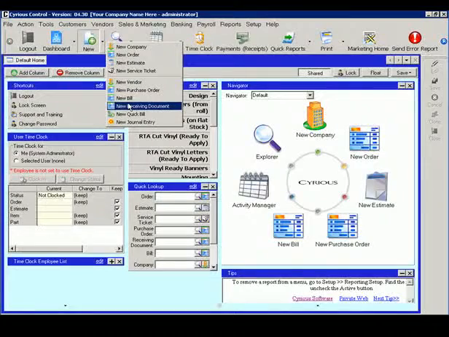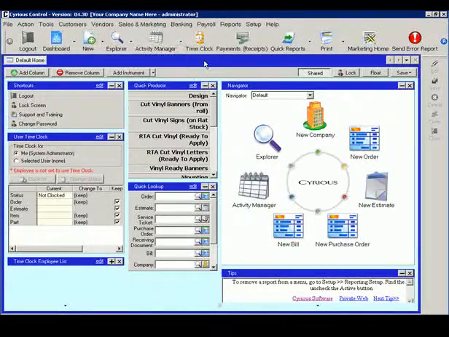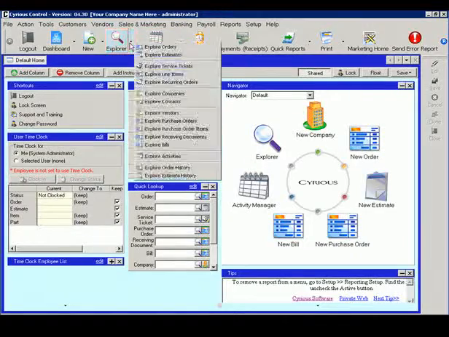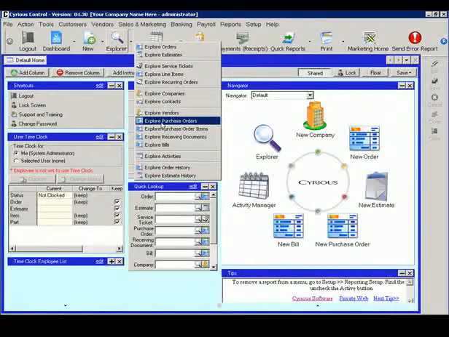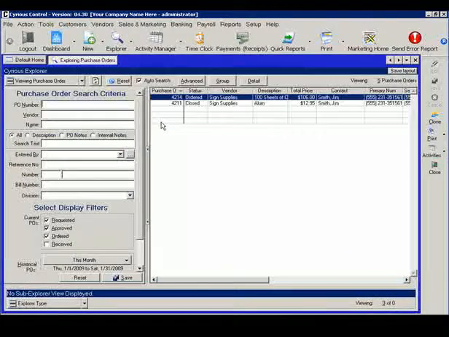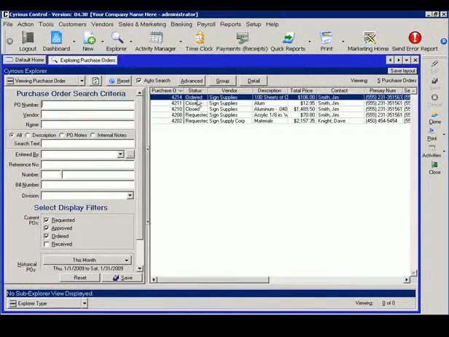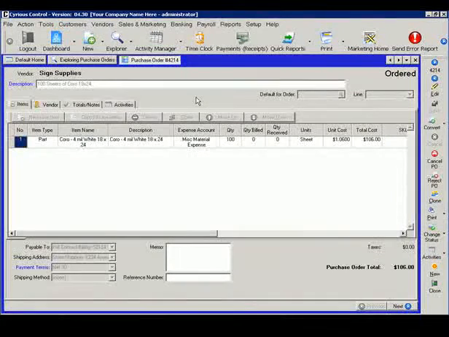But in this case, I'm going to start at the low level where we placed a purchase order or put out a purchase order. I already have one created here, so I'm going to go to my Explorer screen and explore purchase orders, and purchase order 4214 was my Coroplast 18x24 sheet. In this case we ordered 100,